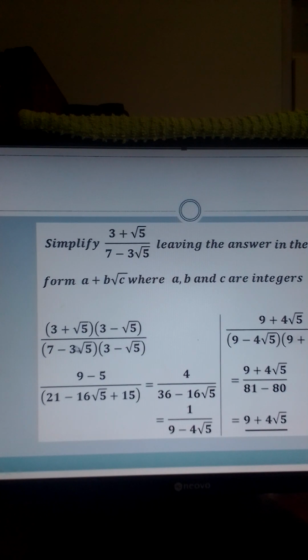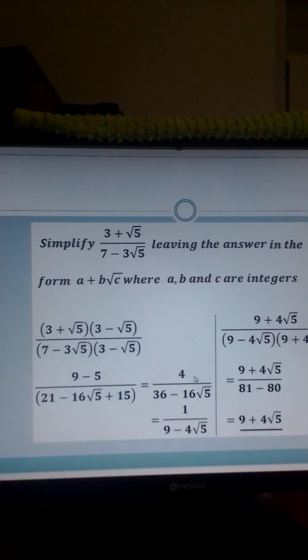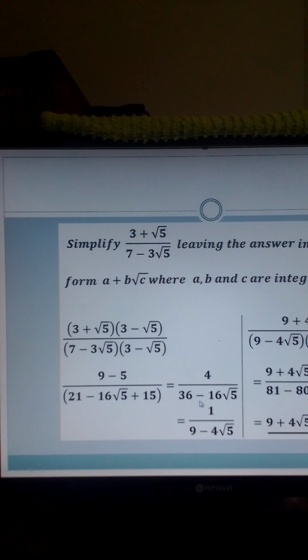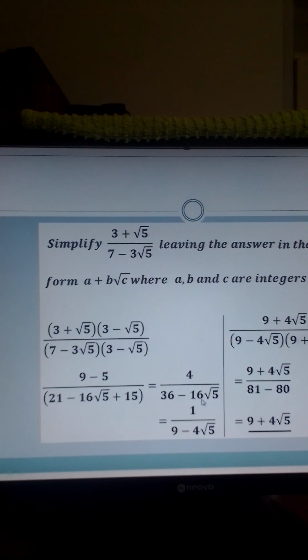Then plus this term squared. This times this, of course, this term that is this term. So you get minus 3 root 5 times minus root 5. So you get root 5 times root 5 is actually 5. 5 times 3 is 15. And because the sign is negative here and here, you get a plus. So that's how we expand this term here. So you get 4 divided by 36 minus